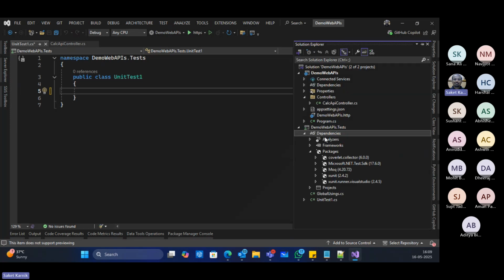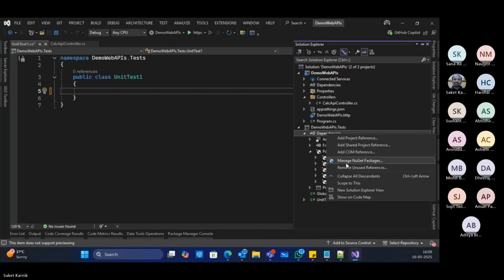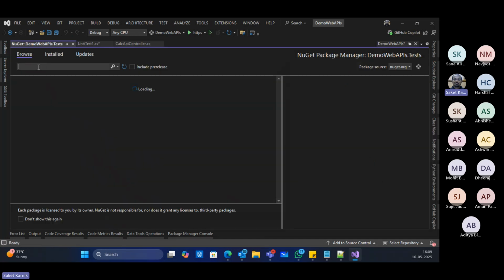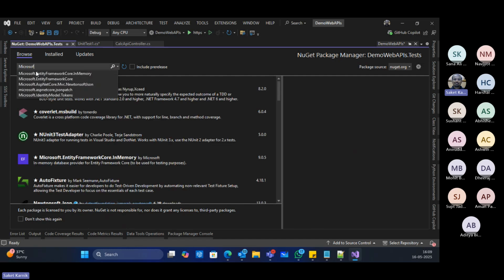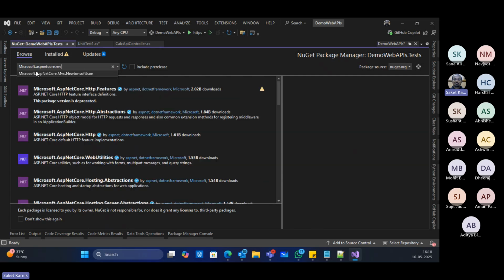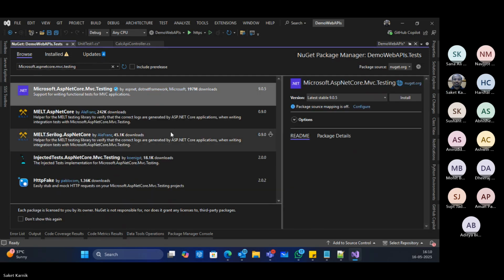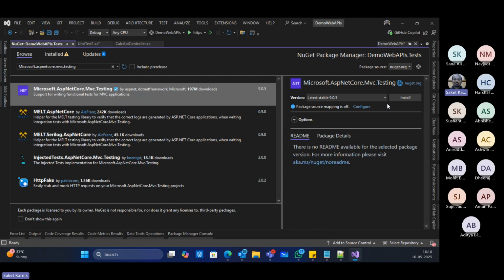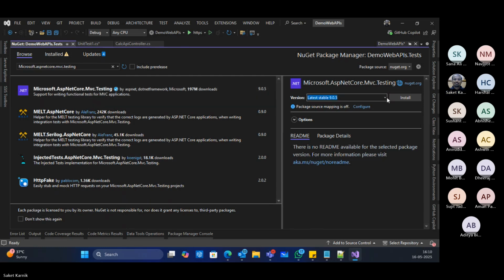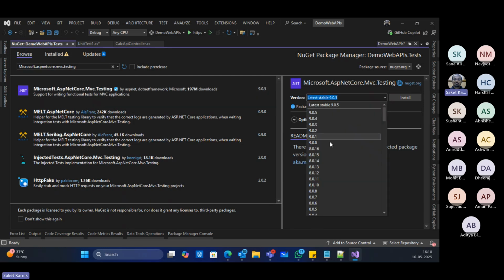One more package I'm going to install. So again, I go to NuGet packages, browse, and here I say Microsoft dot ASP.NET Core dot MVC dot Testing. Writing functional tests. This is .NET version specific.